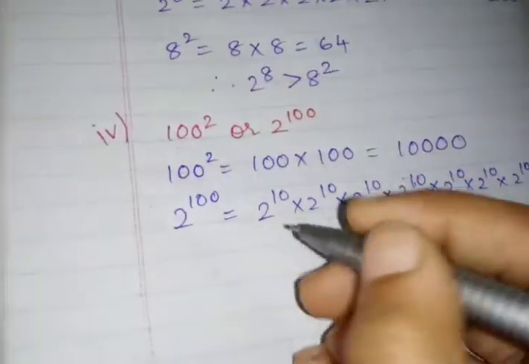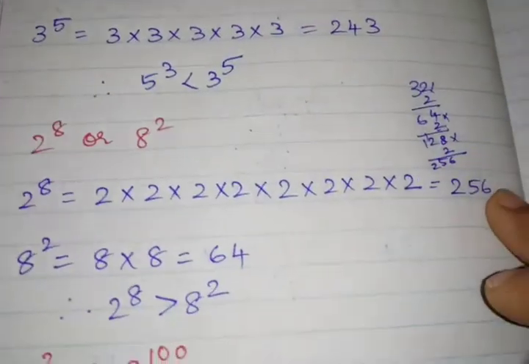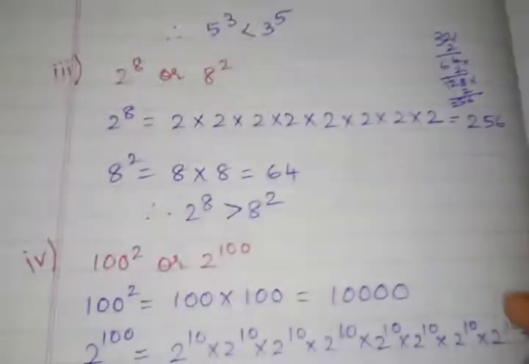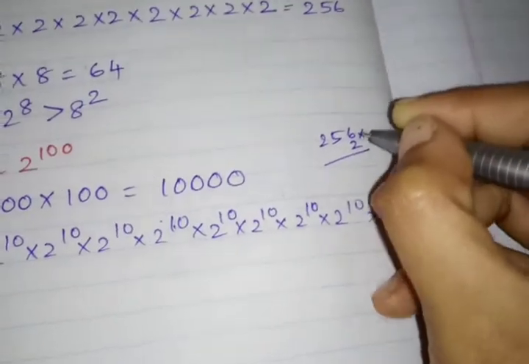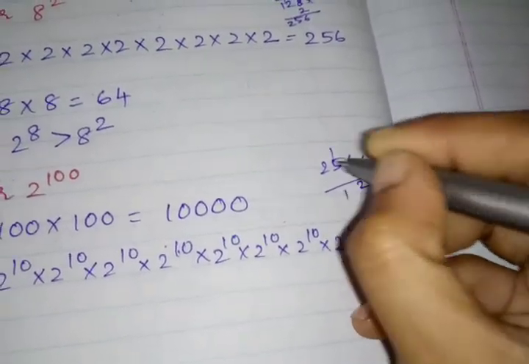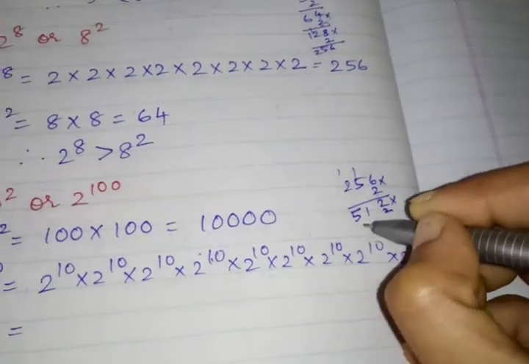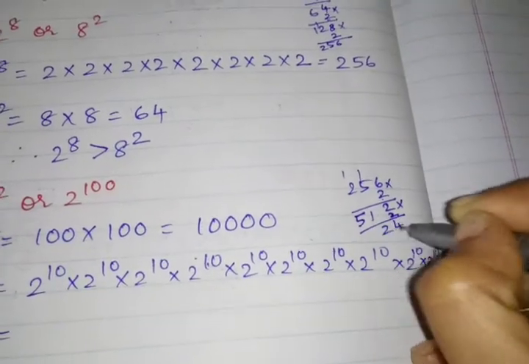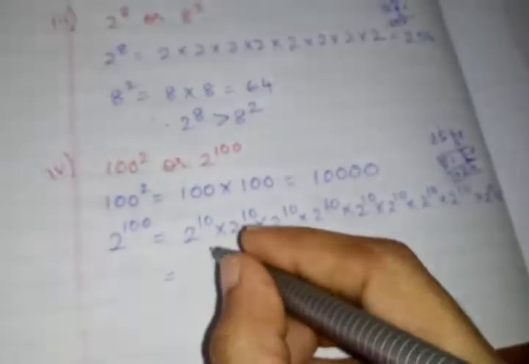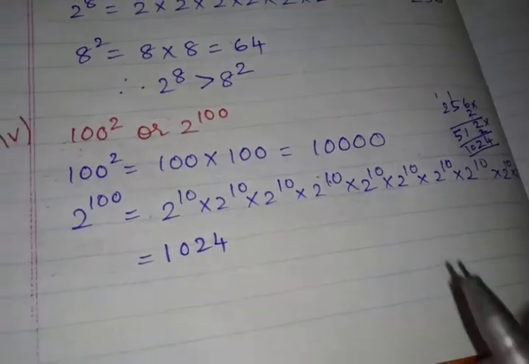So what is the value of 2 power 10? What is the value of 2 power 8, children? Here you got 2 power 8 is 256, right? So 2 power 9 means 256 into 2, right? 6 2s are 12, 5 2s are 10, 11, 2 2s are 4, 5. Then 2 power 10 means into 2 again. 2 2s are 4, 2 1s are 1 2s are 2, 5 2s are 10. So 2 power 10 value is what? 1024.